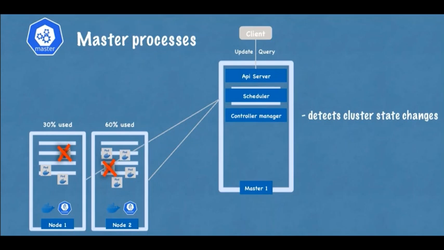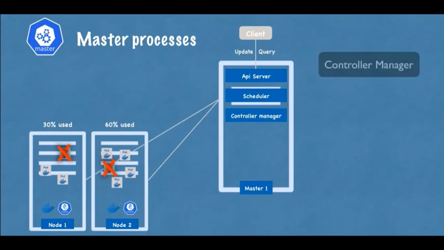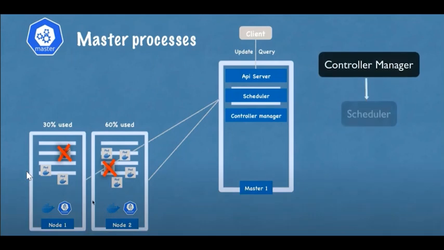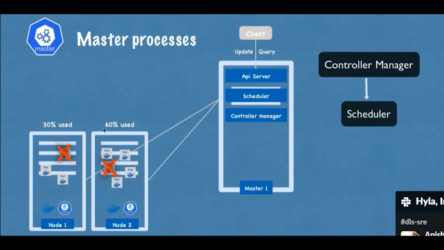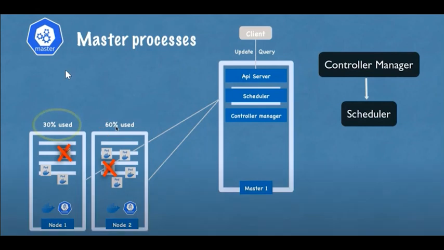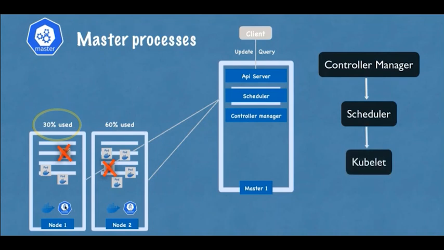And for that it makes a request to the scheduler to reschedule those dead pods. The scheduler decides, based on the resources, which node should restart those pods again, and makes requests to the corresponding kubelets on those worker nodes to actually restart the pod. And finally, the last master process is etcd,